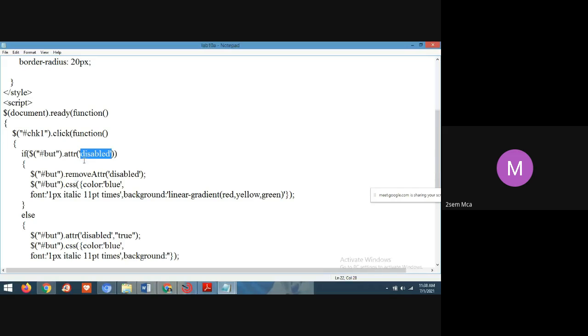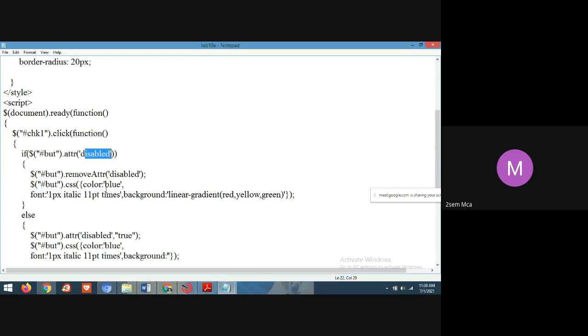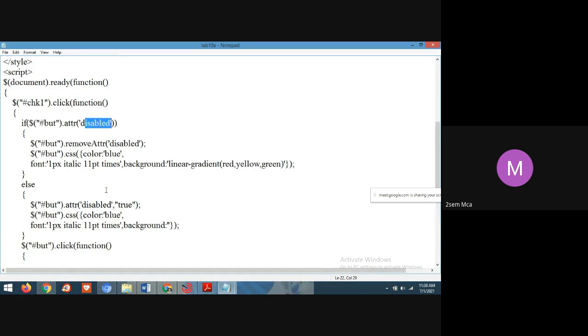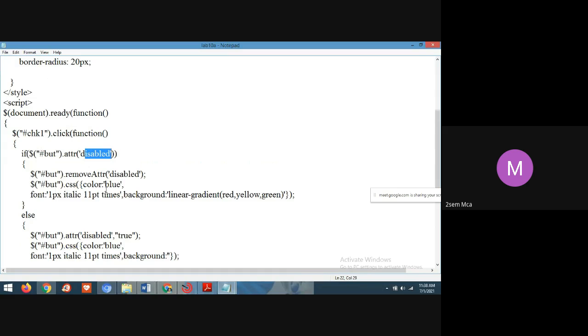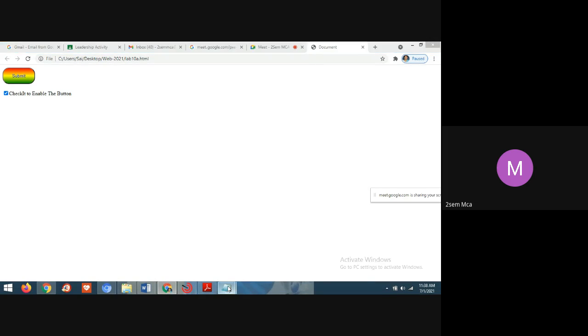Yes, students, this we have already learned. See, when you click on the checkbox, then the background color is changing, students.